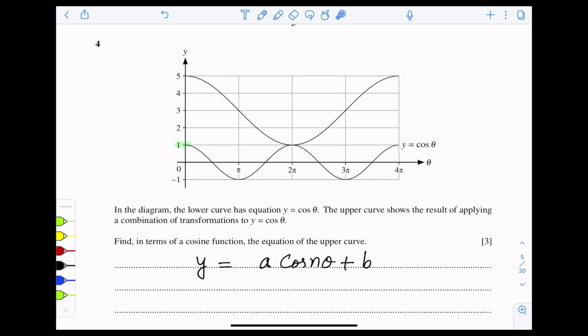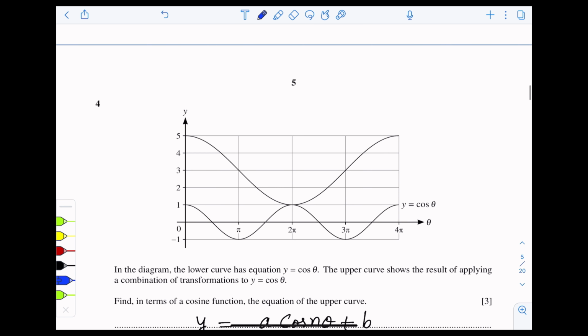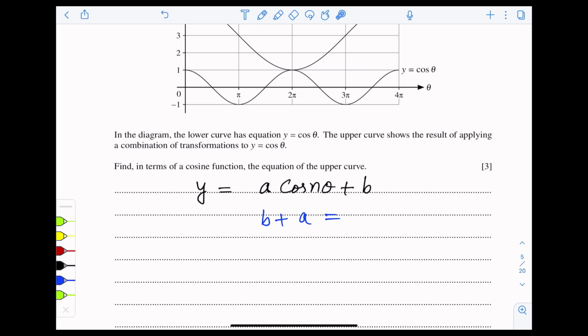This is the minimum point and this is the maximum point. और मिनिमम और मैक्सिमम पॉइंट कैसे फाइंड करते हैं हम, वो हम इस कांस्टेंट वैल्यू को इस मल्टीपल ऑफ कॉस, इन दोनों को ऐड करेंगे, वी विल गेट द मैक्सिमम पॉइंट। तो सो बी प्लस ए इज इक्वल टू मैक्सिमम पॉइंट, आप कर्व के ऊपर देख रहे हैं, कर्व के ऊपर मैक्सिमम पॉइंट इज 5, तो बी प्लस ए इज इक्वल टू 5,